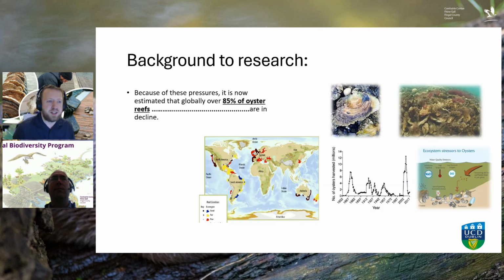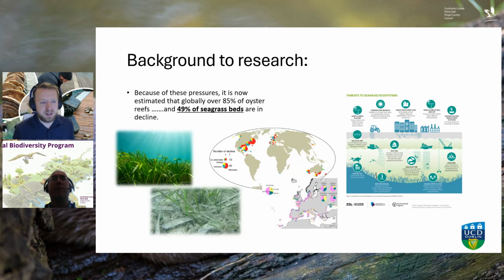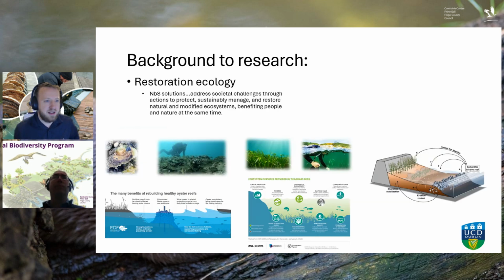Because of these pressures, it is now estimated that globally there's over an 85% decline of oyster reefs across all oyster species, as well as 49% declines in seagrasses, which are often very closely related to oyster beds. And so what we're working on is some of those nature-based solutions, NBS for short,